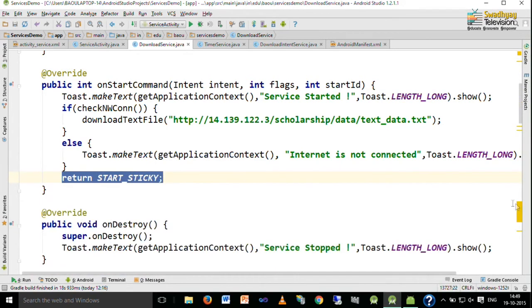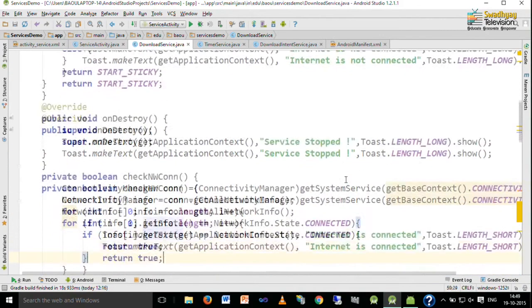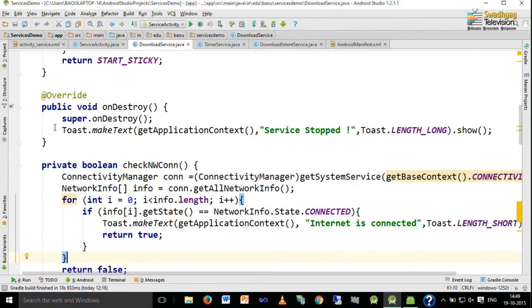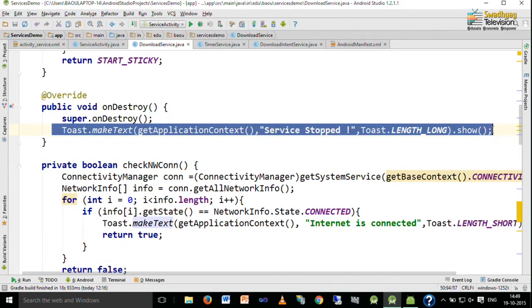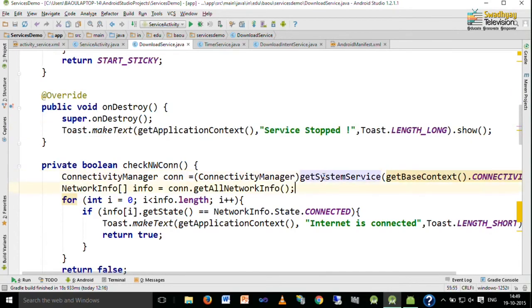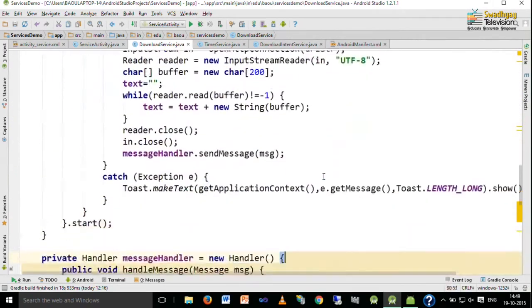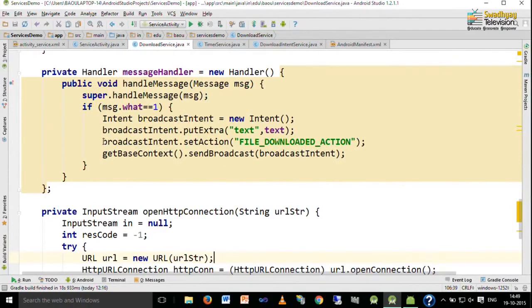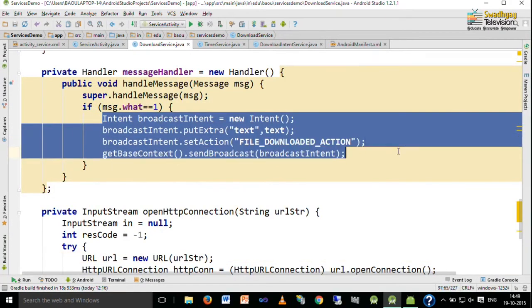So, our service will continue to run in background even if it is finished, and inside on destroy we display that service is stopped. Now, when on start command is finished, we send the downloaded file back to our